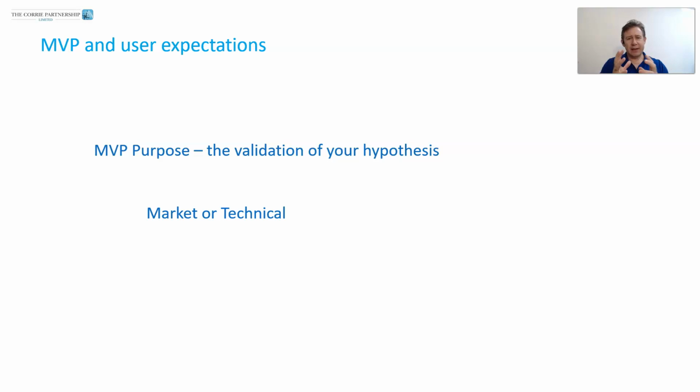So those are a little bit of the differences, and certainly working on projects, users can get very antsy if they hear the word MVP or minimum viable product being mentioned. We need to explain to them that this is the Agile version, which means it's the first version of the product or the service or whatever it is that we're creating. It's the first version that we're putting in front of them to get feedback.